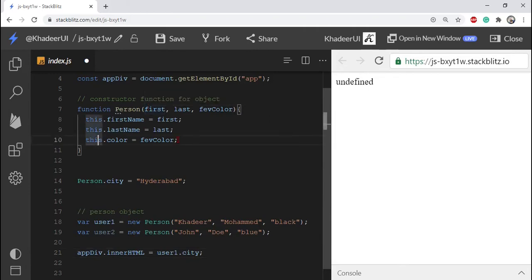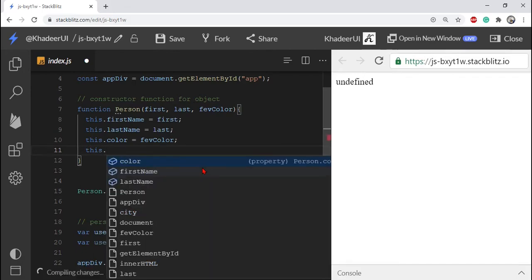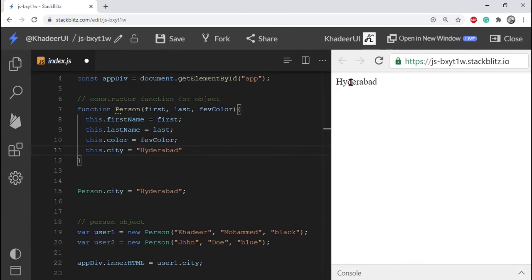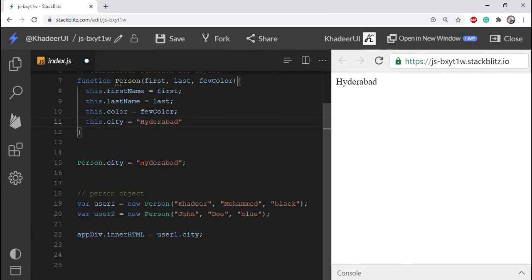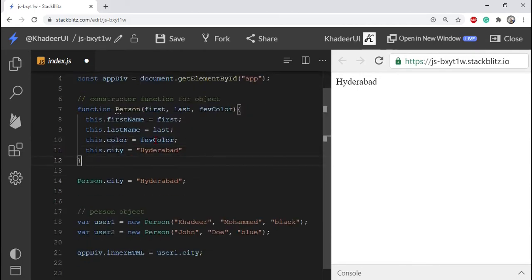Writing inside the function works: here write this dot city equals Hyderabad, then it works. Inside the function you can add a property or method, but directly you cannot. The same applies to a method.